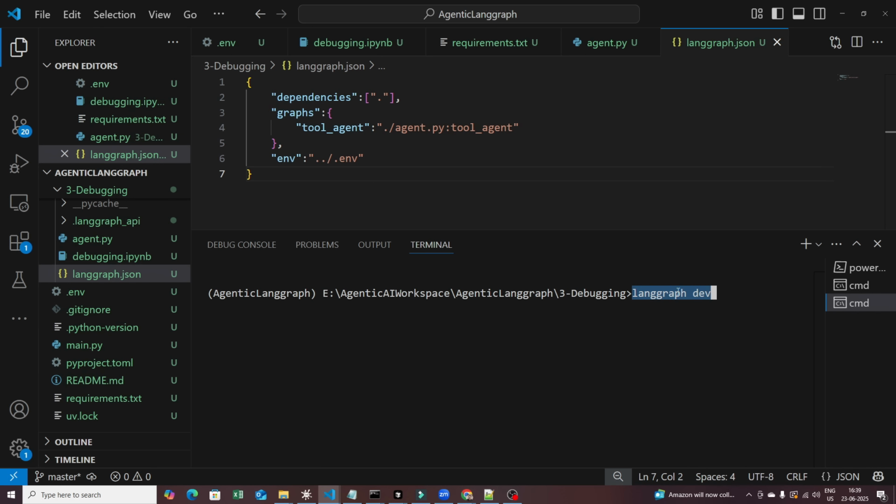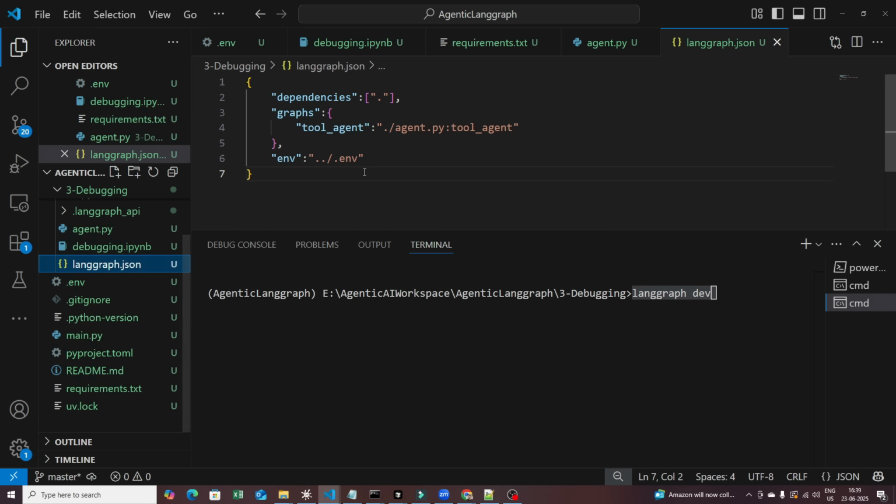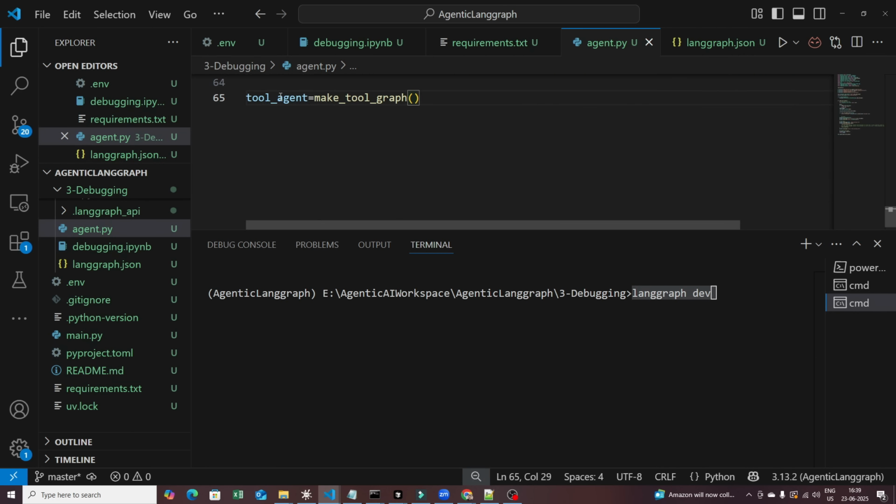And with the help of this particular command, and from where this command is basically coming from, because we have installed LangGraph CLI in memory. Now what this command is going to do is that it is going to pick up this configuration file. It is going to see, hey, where my agent is, on this specific file in this particular working directory, and it is going to call the tool_agent variable, which is present inside over here. So that is how it is basically going to understand,